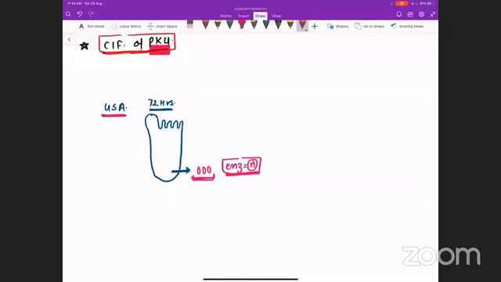Means in the United States, each and every baby is undergoing the screening of phenylketonuria. But in India, we usually do not screen. The second thing is they screen at the age of 72 hours, means at the age of the third day of life. My question is why is the United States government so much bothered about this particular disorder? And the second thing is why are they screening at the age of 72 hours only? Why not 96? Why not 24? Why not 48? Why 72 hours?